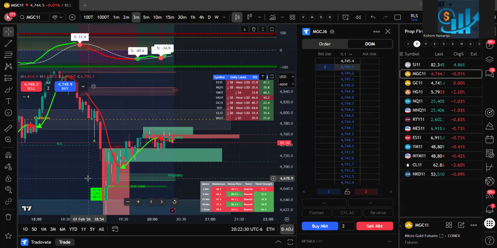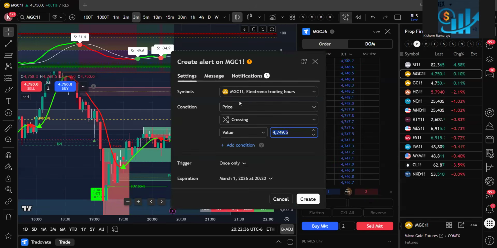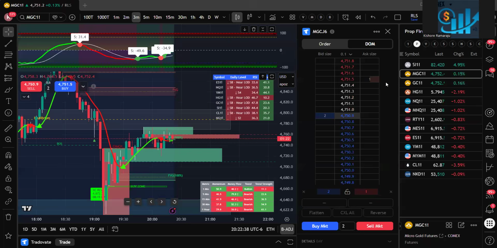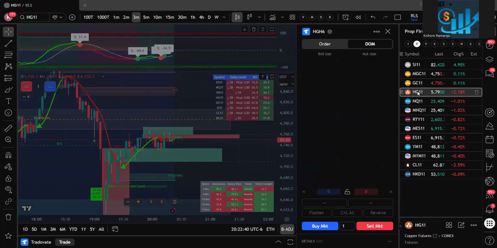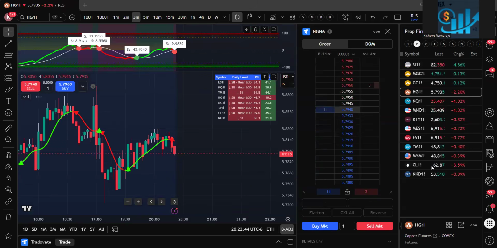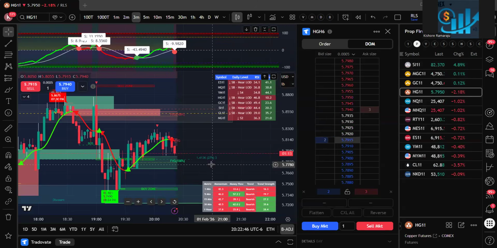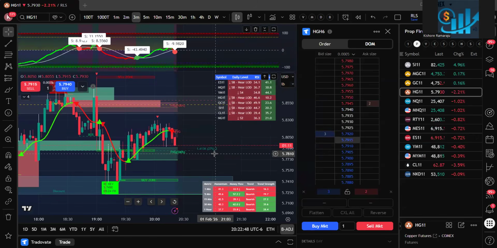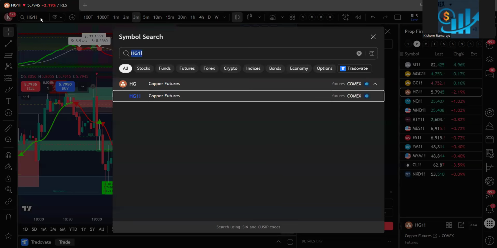So if you want to set up an alert to know when the trend is changing from bullish to bearish, we have to go here. That way you don't need to go to each chart and see, okay, is it bullish or is it bearish? Did I get a bullish reversal, bearish reversal? You don't need to go to each and every chart. And you can use the same concept whether you want to trade stocks or futures. Same thing. For example,